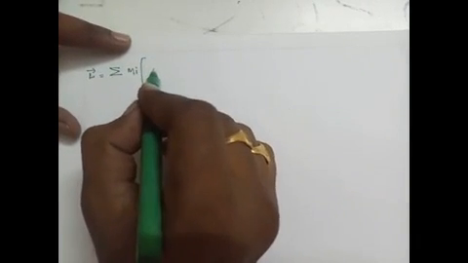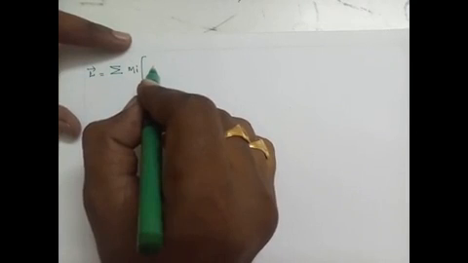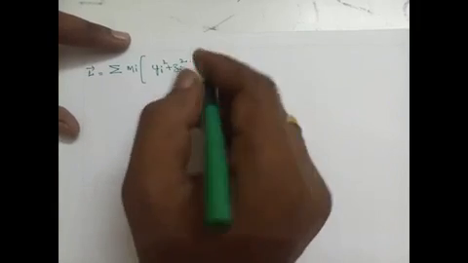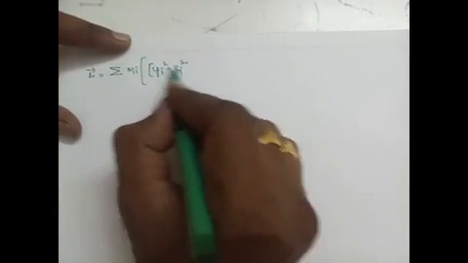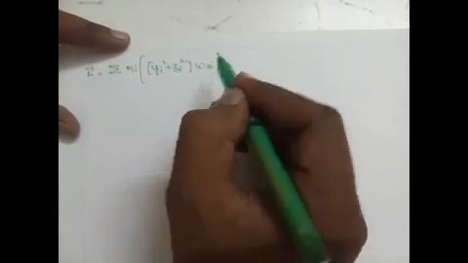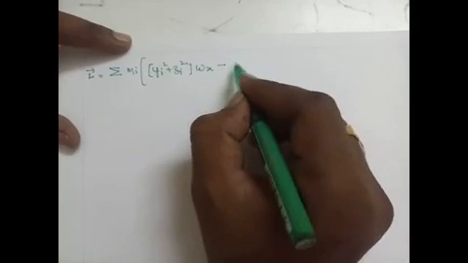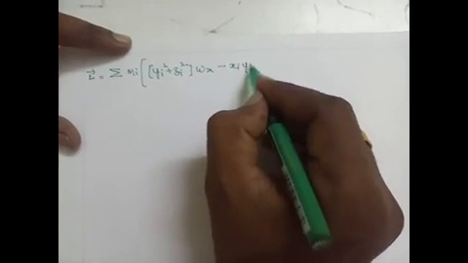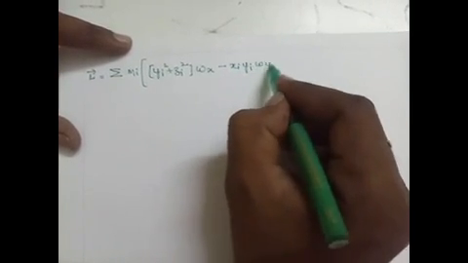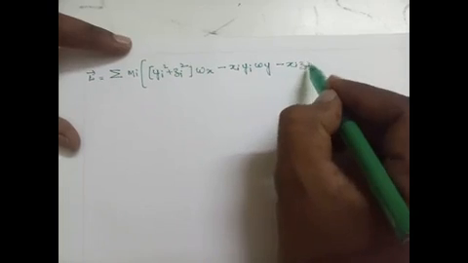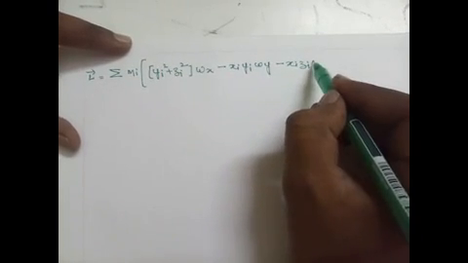And here we'll write yi square plus zi square into omega x, minus xi yi omega y minus xi zi omega z,